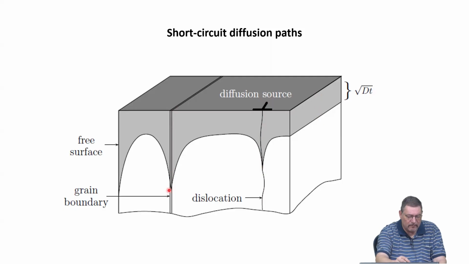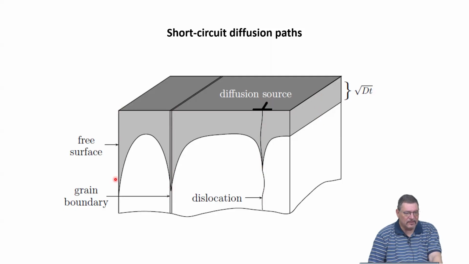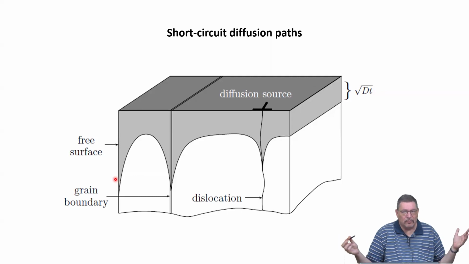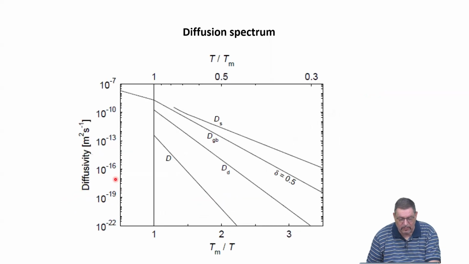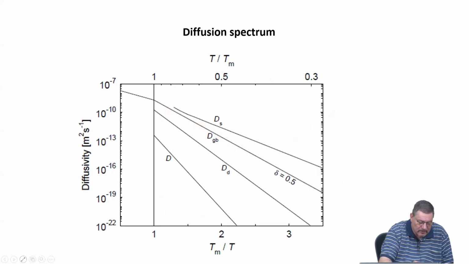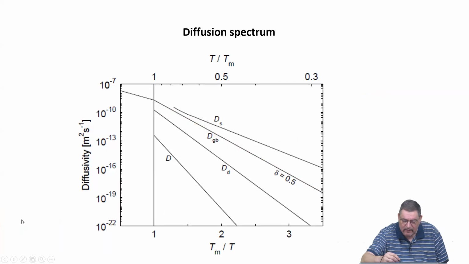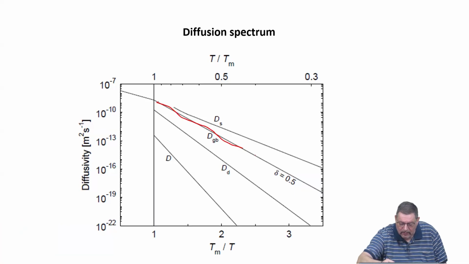The point is, surface diffusion is even faster. And so mentally as well as experimentally, we have to take out this part, and I'm going to show you how this is done. But conceptually, now we are just focusing on a system that has many grain boundaries and that the free surface is not there. So let's think about an infinite polycrystal. And let's say it is somehow dislocation free. That is the picture we are using. And as indicated before, the grain boundary diffusivity is one of the fastest, basically the second fastest. So this is what we are talking about.